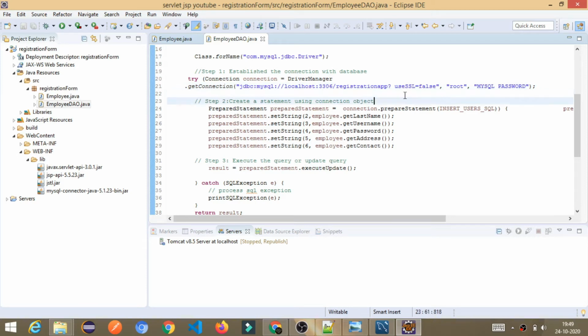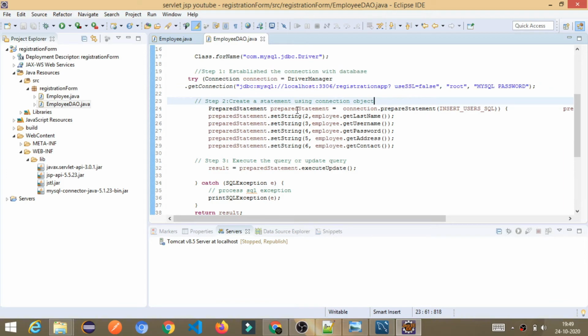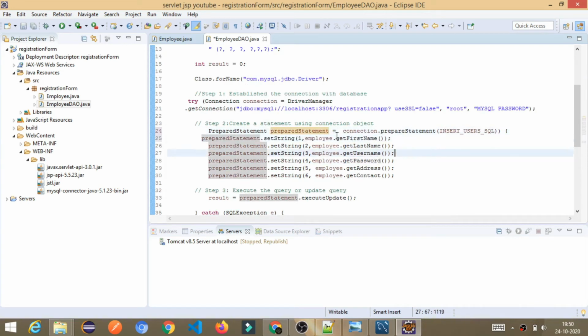Once the connection is established, the next step is to create the statement using the connection object. Here we are specifying employee first name, last name, employee username, employee password, like that. In the prepared statement, the very first parameter is first name, then last name, like that.